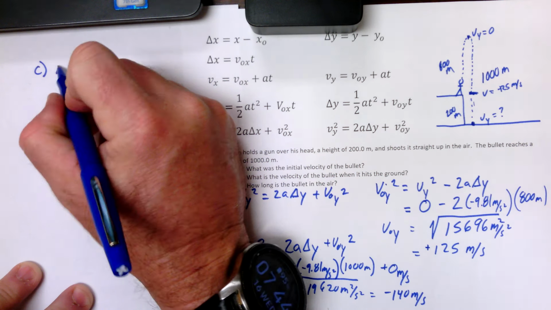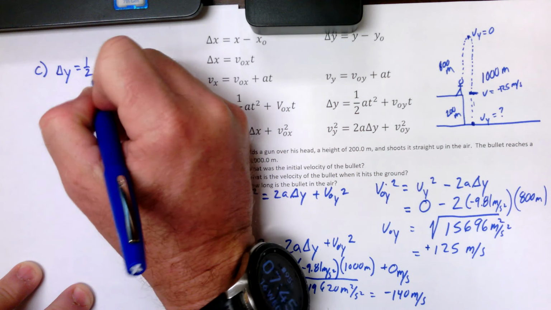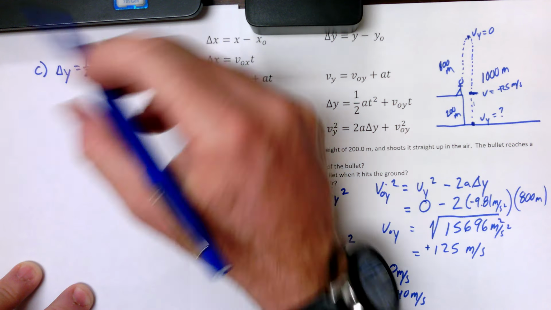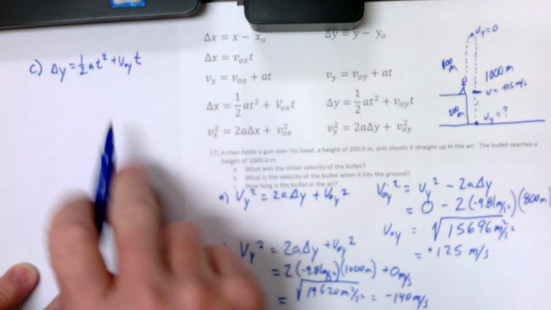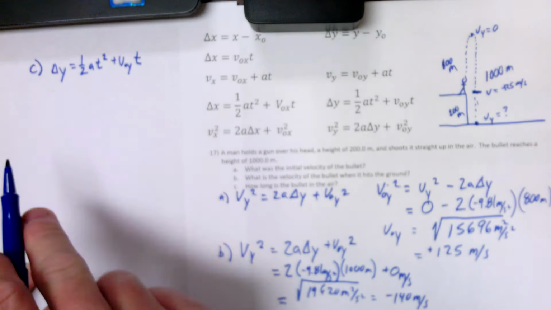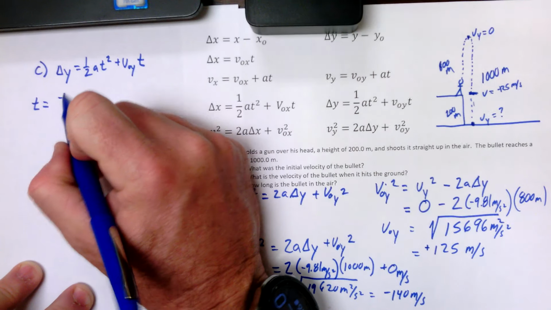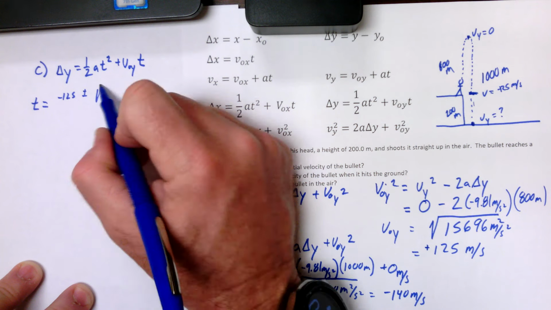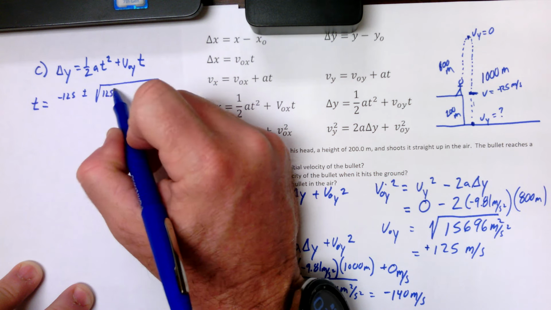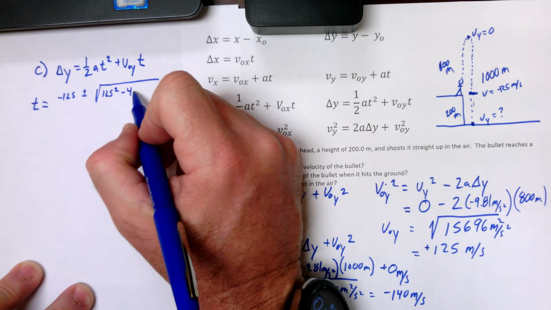If we use this, because we're going to get t in two expressions here. And when we solve this, we're going to get, using the quadratic for t equals minus 125 plus or minus the square root of 125 squared minus 4